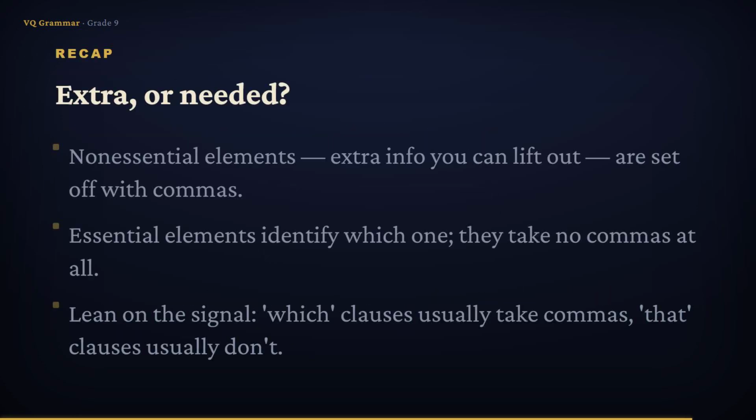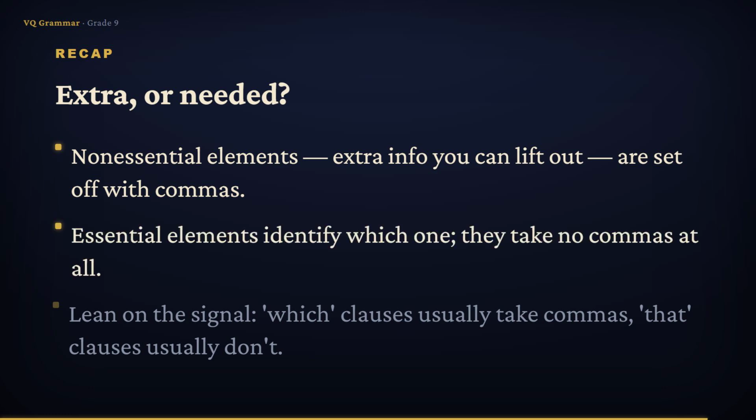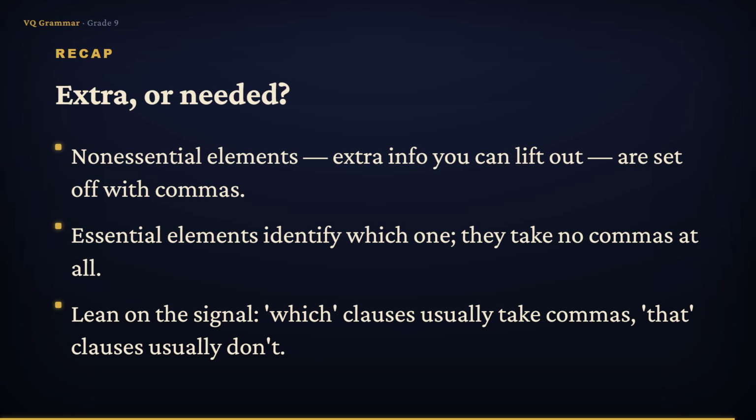Let's gather up what we learned. A non-essential element is extra. You can lift it right out and still know exactly who or what is meant, so you set it off with commas. An essential element is different. It identifies which one, and without it, the sentence loses its meaning, so it takes no commas at all. The quickest test is always the same. Lift it out and ask whether you still know who. And keep that handy signal nearby. A which clause usually wants commas, while a that clause usually wants none. Master this, and your sentences will tell readers